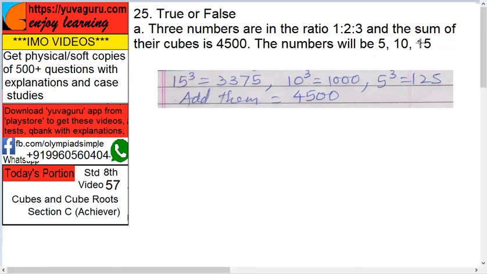Okay. Next is state true or false. First one. 3 numbers are in the ratio 1:2:3 and the sum of the cubes is 4500. Therefore the numbers are 5, 10 and